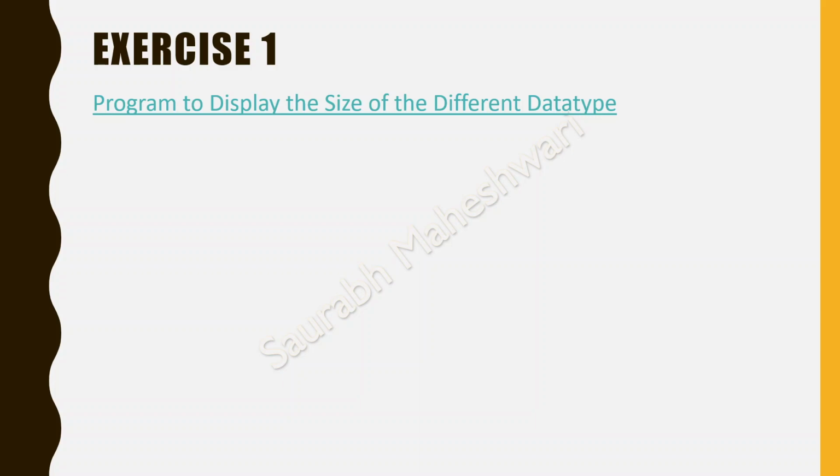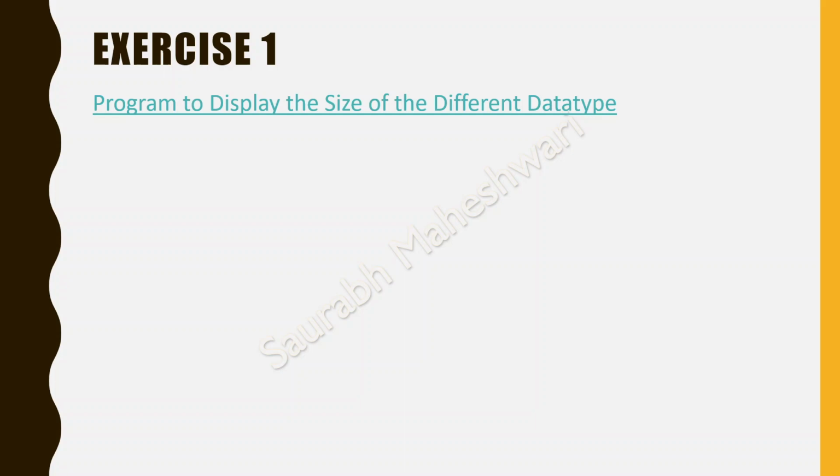Hello students. So today we will continue from the previous programs. In the previous lecture we considered the programs related to writing mathematical expressions in C statements, and we also saw how automatic type conversion takes place and how we can do typecasting explicitly. So in this lecture we will continue with some more programs.